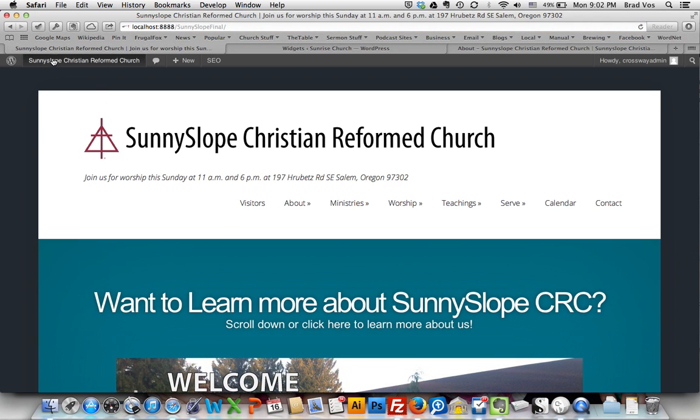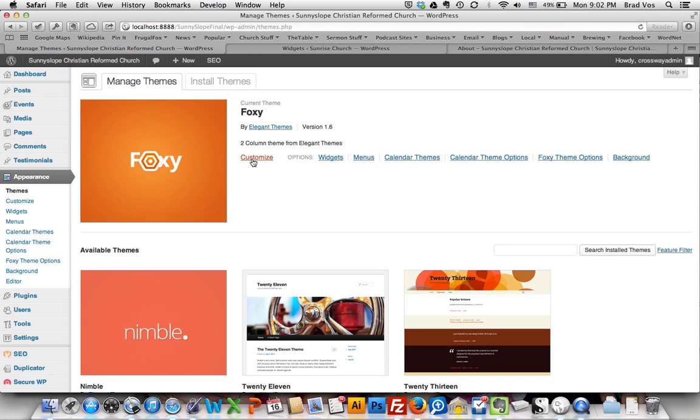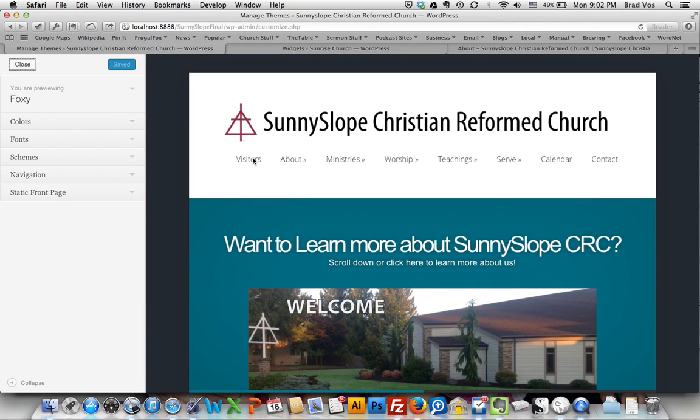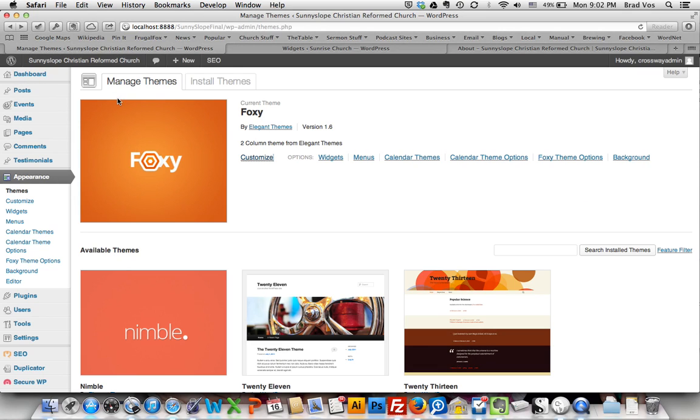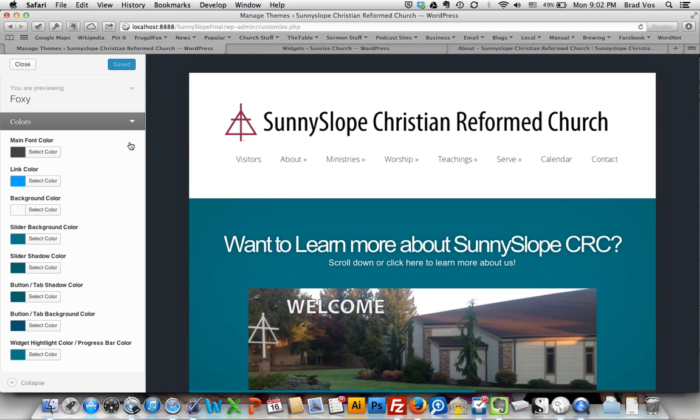That's all the different components, and if you do want to modify or customize the different color schemes that you can do, that is the last thing that I'll show you before we move on, and that is by clicking here. I'll do that again. I did that pretty fast. If you click on the appearance and themes, this will bring up this menu here, and click on the customize next to Foxy. What you'll notice is this area right here is where you can modify all the different colors